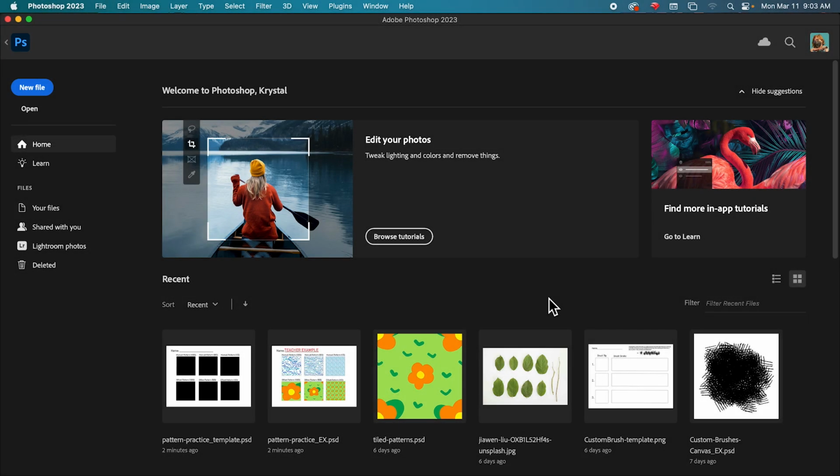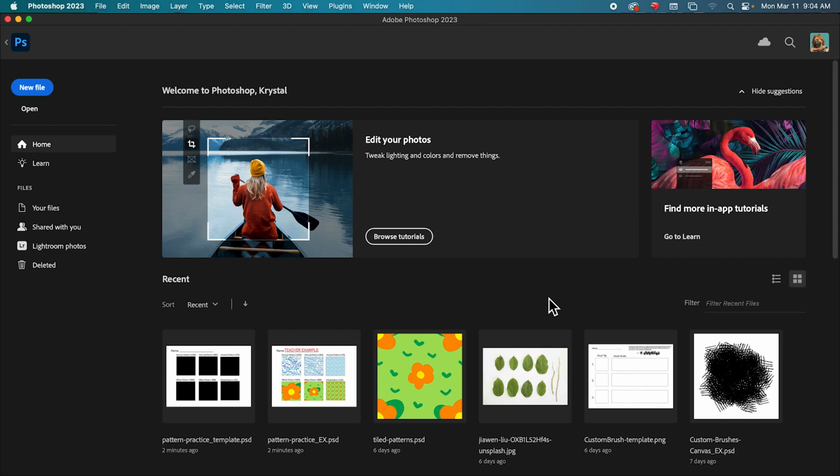For this lesson, we are going to be creating custom patterns in Photoshop. Creating custom patterns is very similar to creating a brush. You're going to create an image or a design, select it, and then go to Edit and Define Pattern. But we're going to be creating tiling patterns today, which will take a couple of extra steps. A tiling pattern is one that can be repeated infinitely without any visible edges, like a tiled floor.